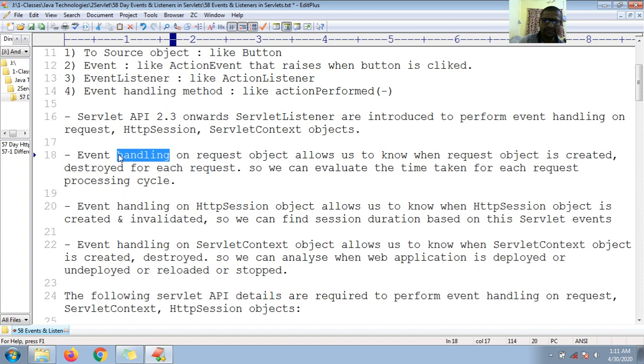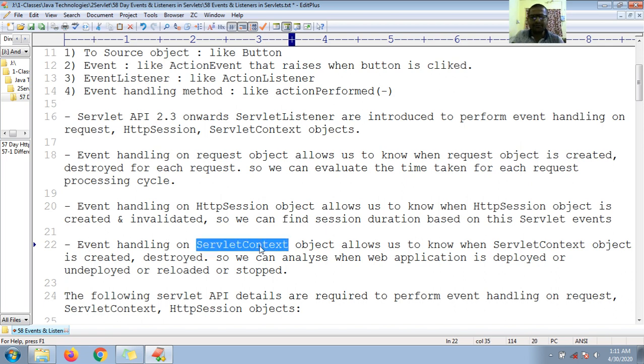Similarly, I can identify the same regarding the session. Event handling on the HTTP session object allows us to know when the HTTP session object is created and when it has been invalidated. So we can find the session duration based on these servlet events. Let us see similarly for the context object.